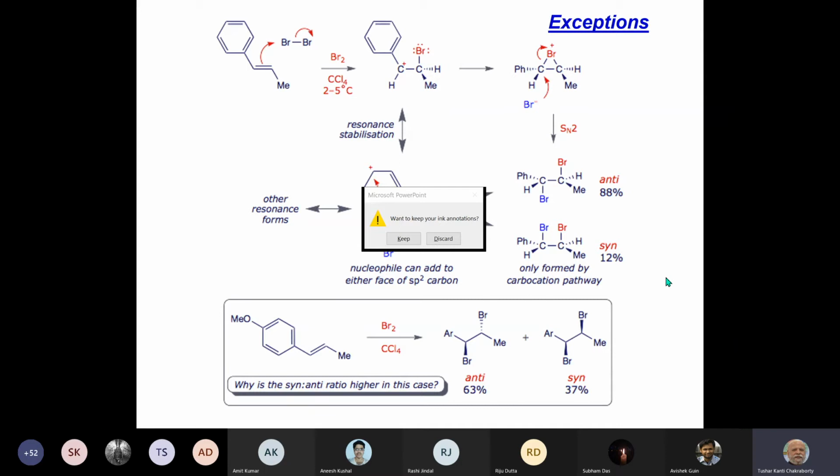Suppose I got 95 of one enantiomer and 5 of the other at the chiral center. That can be determined by various methods. Once I know the concentration, then I use the formula. The simple formula is, as I said, 95 minus 5 over 100 times 100, or you can just say 95 minus 5, which is the simplest, and you can get the enantiomeric excess. Let me go back to the slide.